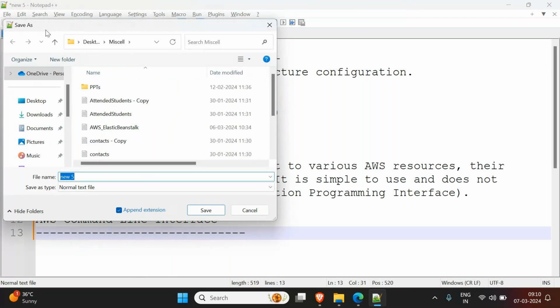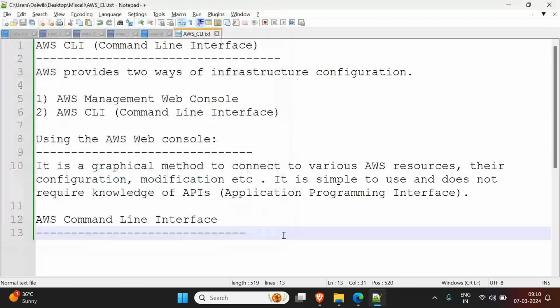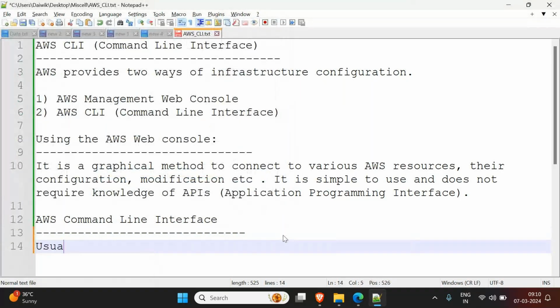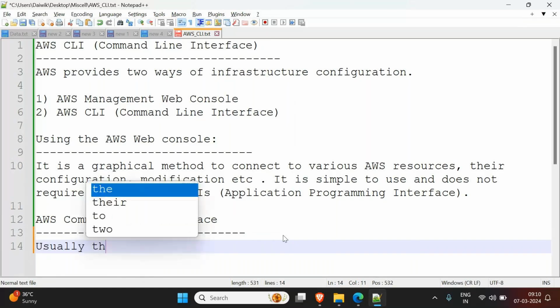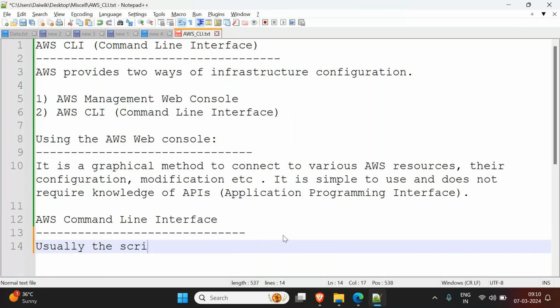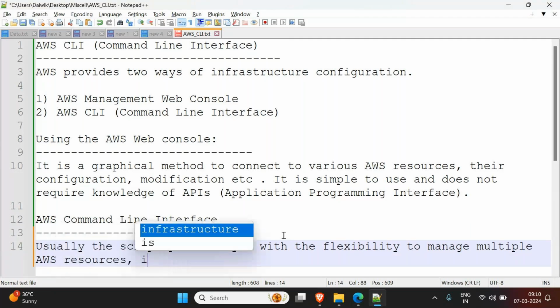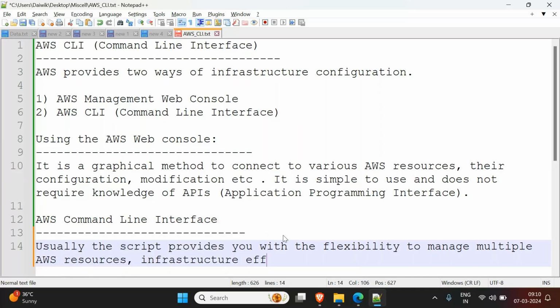So usually the script provides you with the flexibility. When you use CLI, you get flexibility to manage multiple AWS resources and infrastructure efficiently. So when you observe more of it, see, when you are using CLI, you have to write a script. So it will have